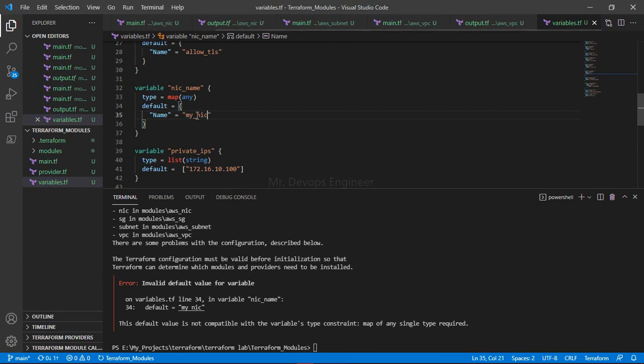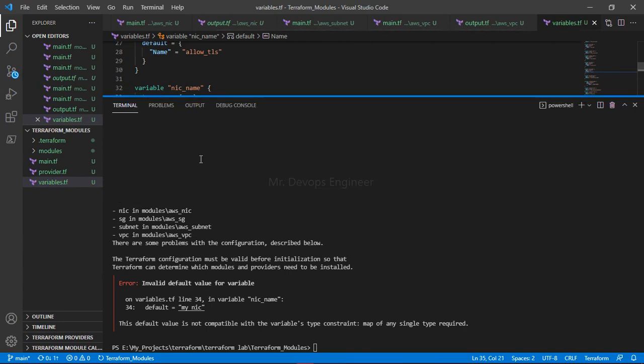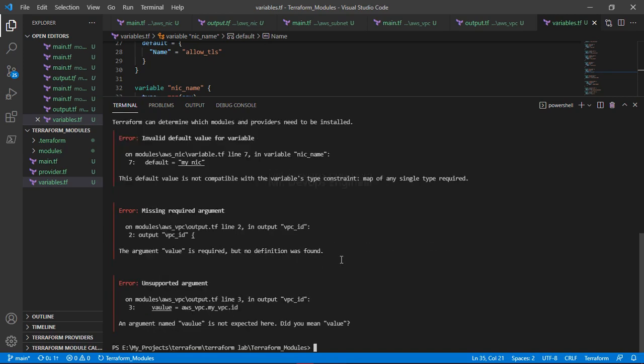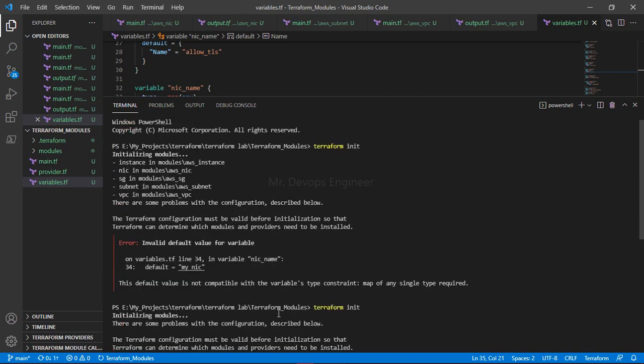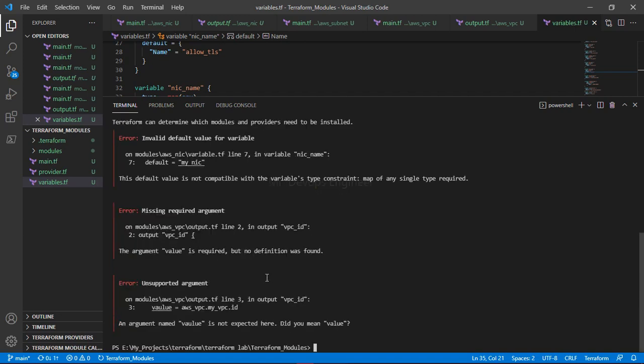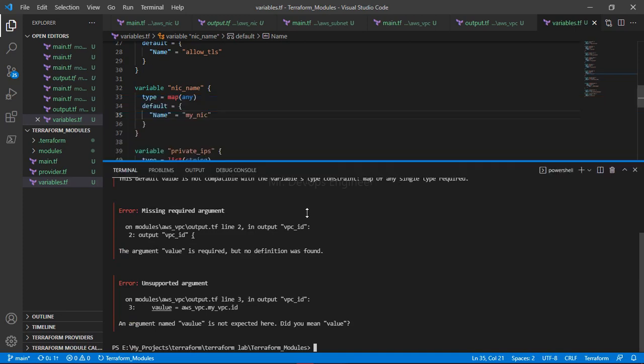Fine. So you see, if it is accessing your all modules, like when you do Terraform init, it will try to access all the modules, right? See, it is doing, right? So this will validate even your all the modules are accessible or not. So you can see these are the things. For that we got some issue, so no need to worry, we will solve this. So default map of string is single type. I have saved it or not?